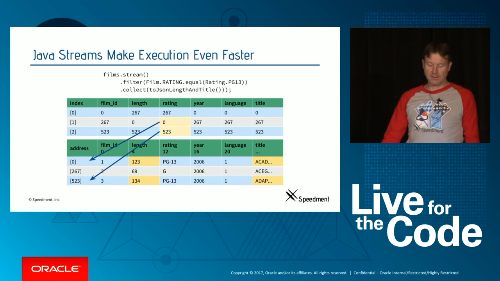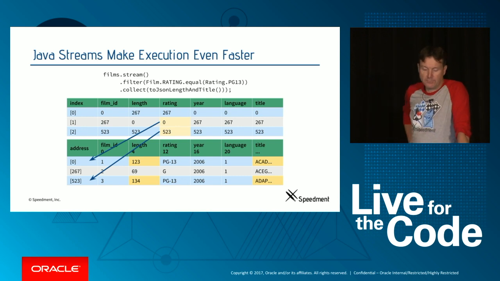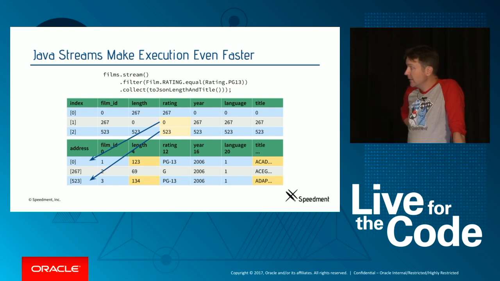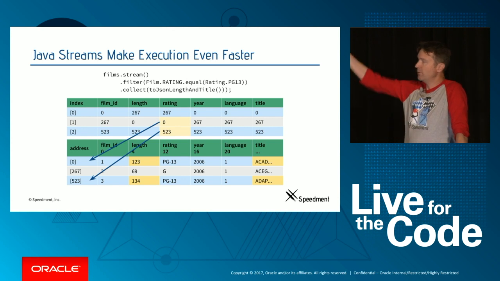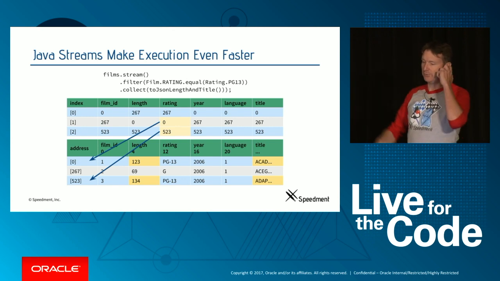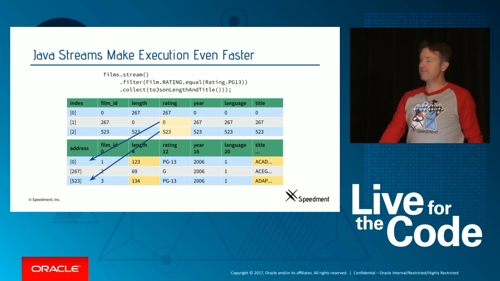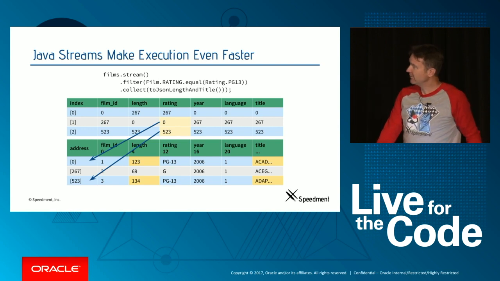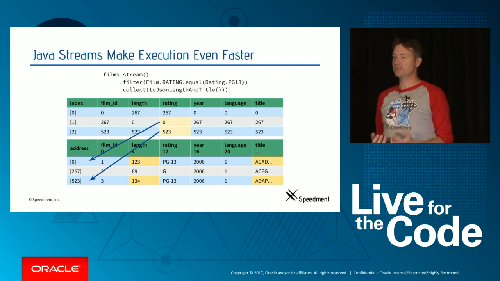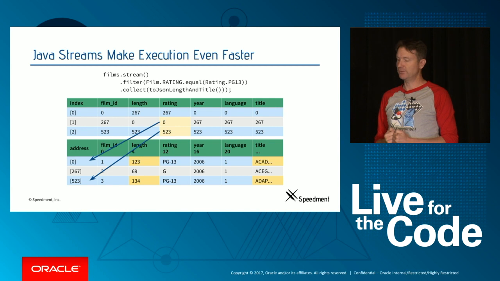In this example, we are streaming over all films and filtering out all the films that have a rating of PG13. And then we collect them using a JSON collector. And the cool thing with this stream is that even though we are reasoning about films, and obviously we are using film objects when we express the streams, the film objects never exist. That is a little bit tricky to wrap your head around. But this is only a notation to reason about streams of films. They don't have to exist, and I will explain how.